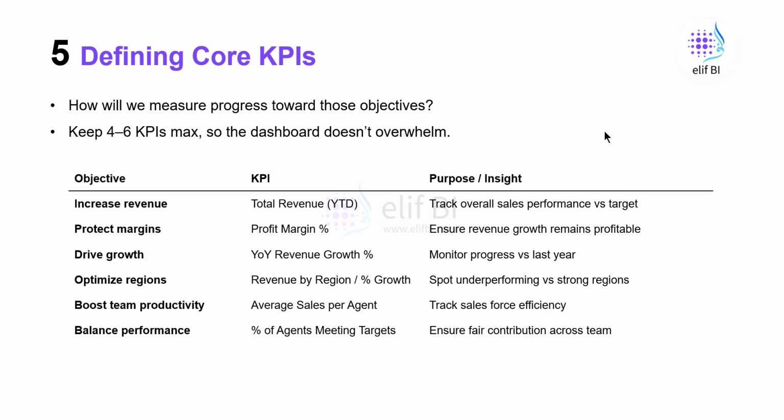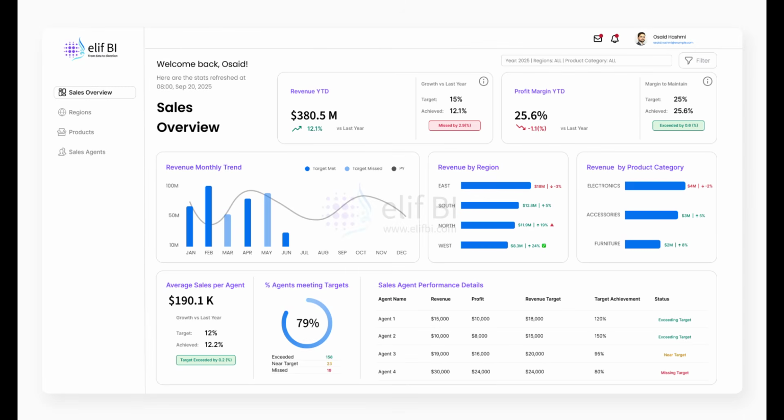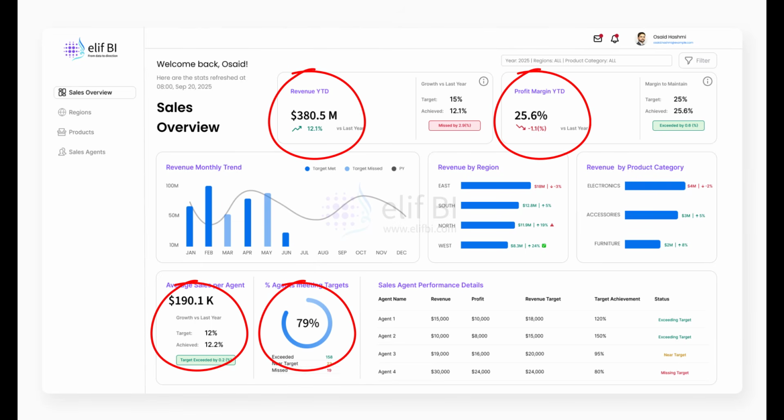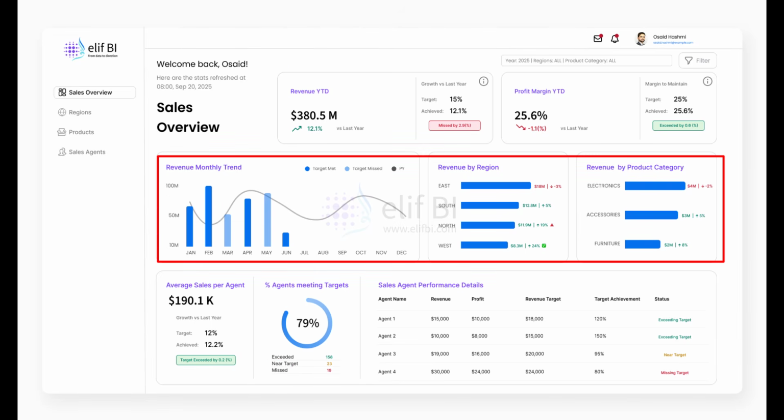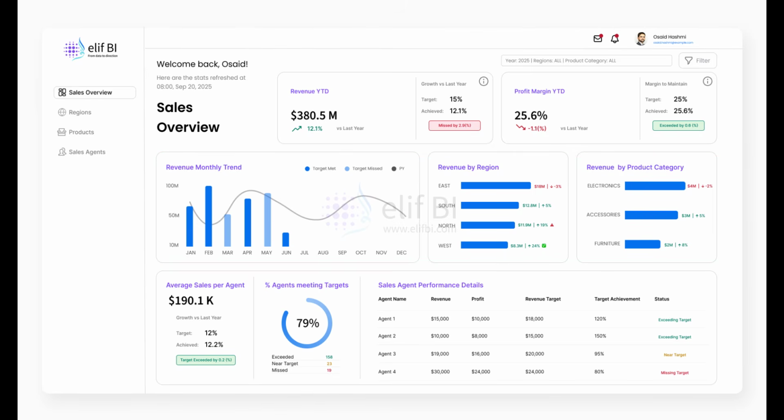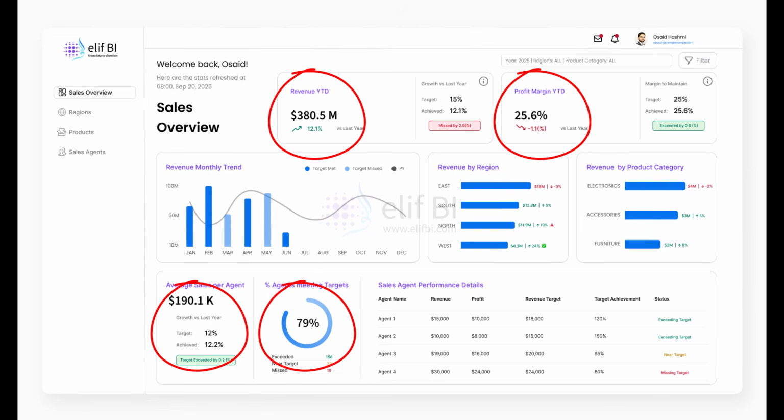For that, we would need the numbers, and the numbers would be coming from the data set that we have. We always try to keep the dashboard as simple and meaningful as possible. As I always say, less is more. So we have to make sure that we have fewer numbers on the screen. The charts are less busy, but they can provide as much information as possible. For that purpose, we would keep KPIs to 4 to 6 maximum, so that the dashboard does not overload or overwhelm